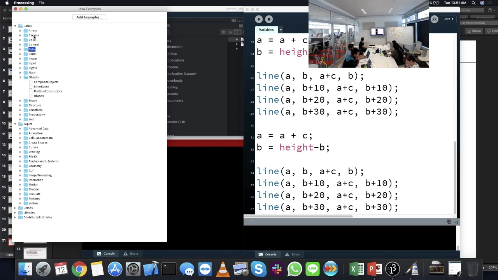So there's a lot of stuff in there for like camera, which we'll talk about when we get to 3D graphics, and images and lights and shapes and all that sort of stuff that we'll talk about when we get to the graphics part of the course. But there are some stuff, so for example, if you want to look at some examples on object-oriented programming,